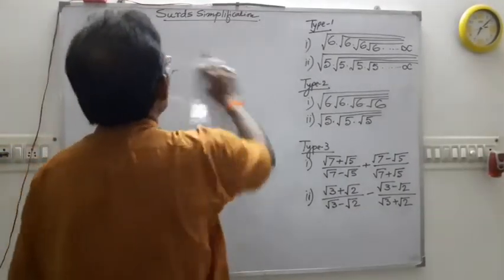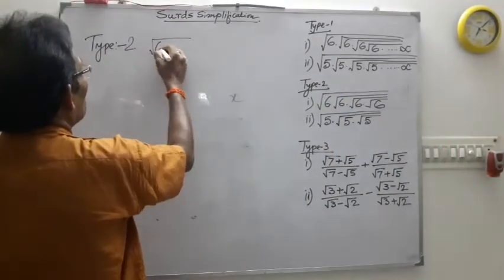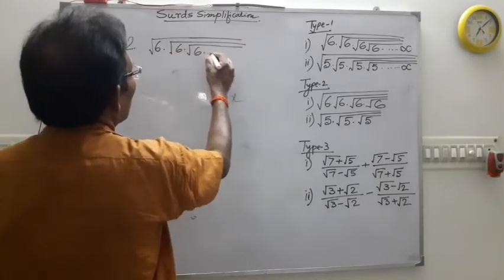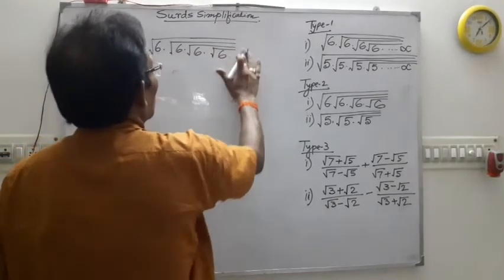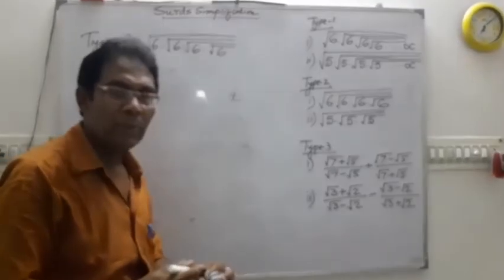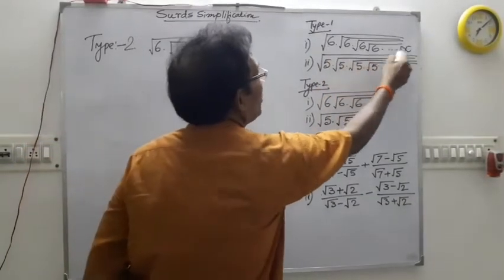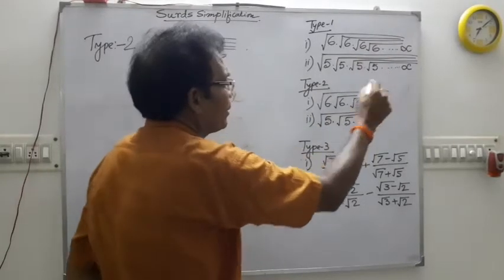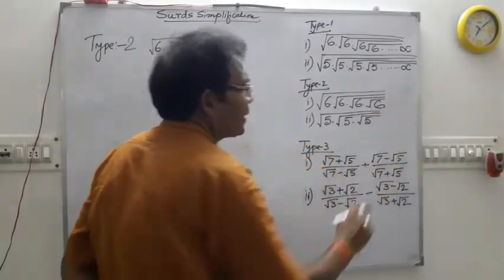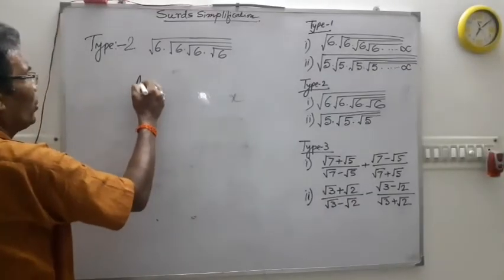Now the type 2: root 6 into root 6 into root 6 into root 6. What is the difference between type 1 and type 2? Type 1 is continuation, but in type 2, there is an end. So in this case, the answer will be